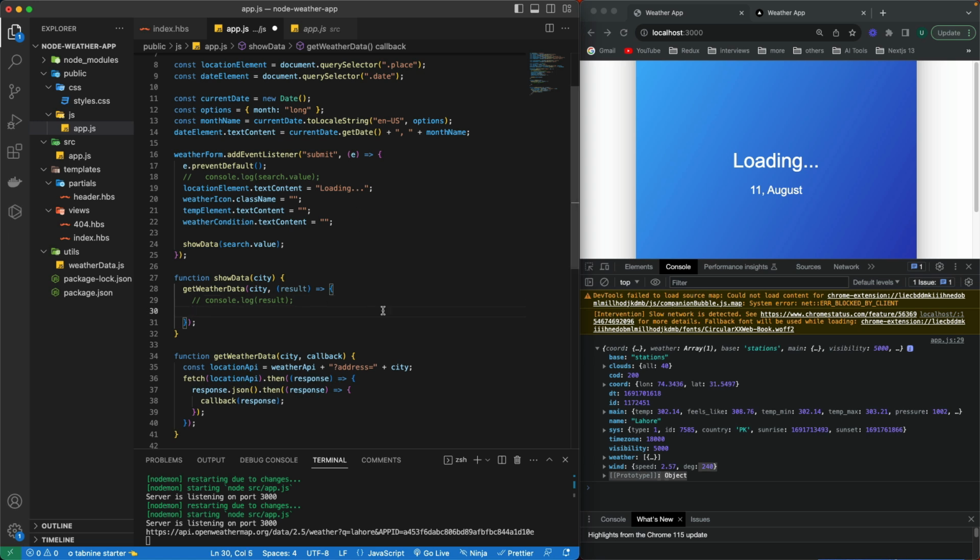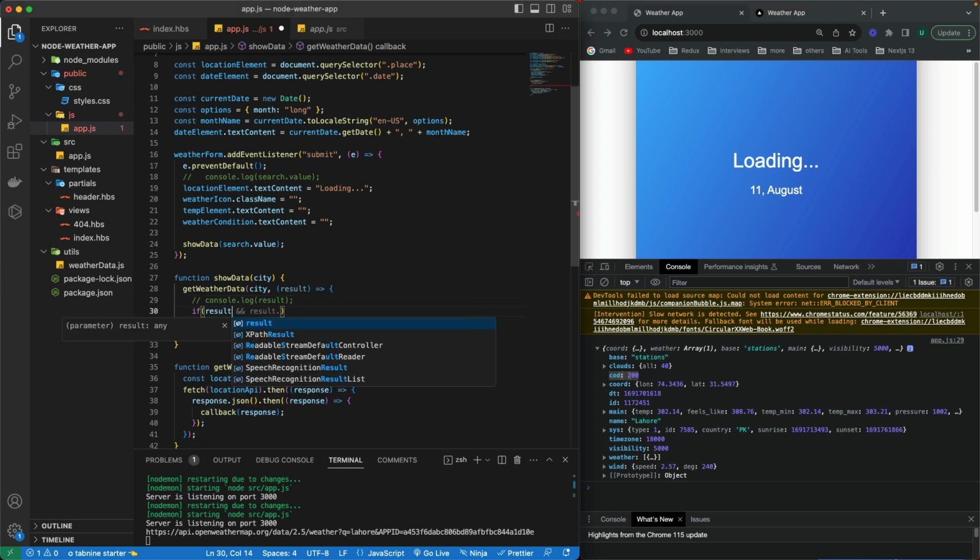I'm going to first check. You can see there is a property cod: 200. It means that the data was successfully returned. If there is an error, meaning if we pass any city which does not exist, like the ABCD city does not exist, then the code will not be 200. So I can check if result.cod equals 200,